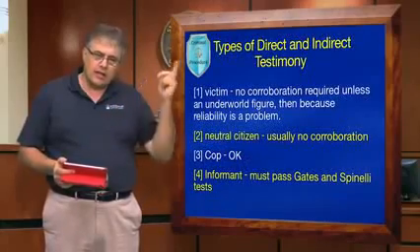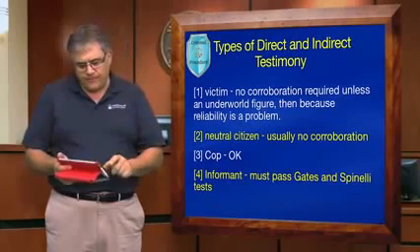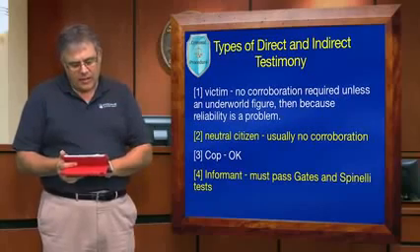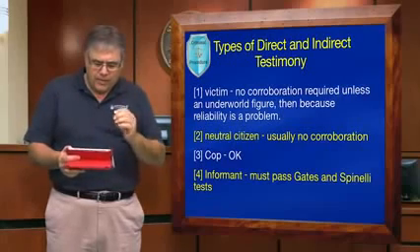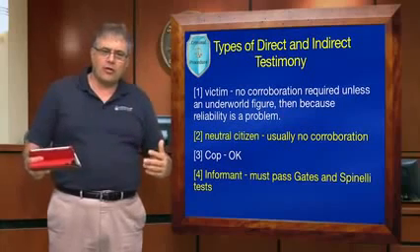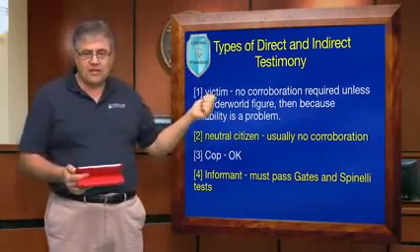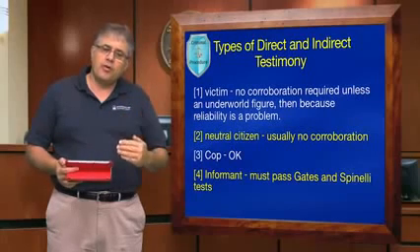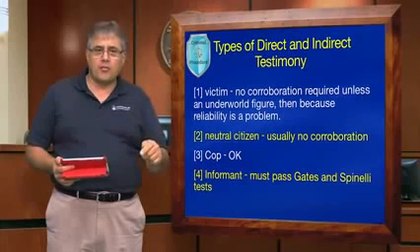Now, I mentioned in that slide up here indirect testimony and direct testimony. This slide talks about the different types of direct and indirect testimony. I want you to look at these four categories. They're important because different categories have a different impact on how the court is going to consider the probable cause that comes from them. If I have the victim in a particular case, the victim of a crime, a statement by the victim based upon their own personal experiences or observations is going to be sufficient to establish probable cause